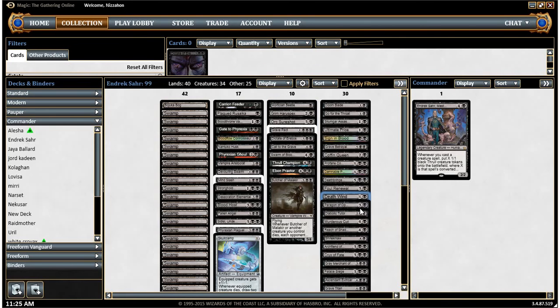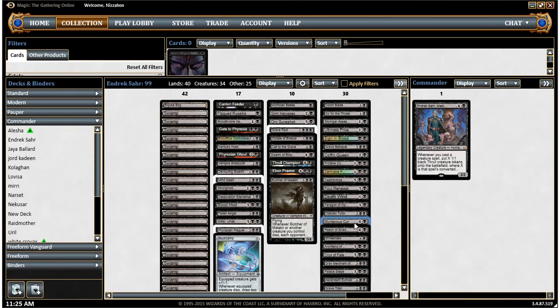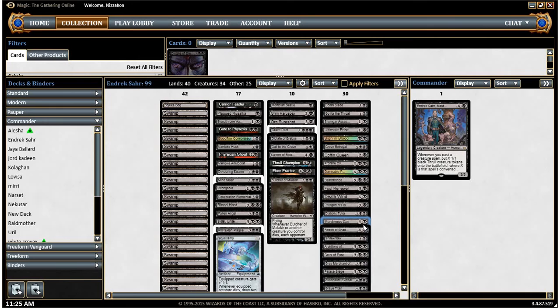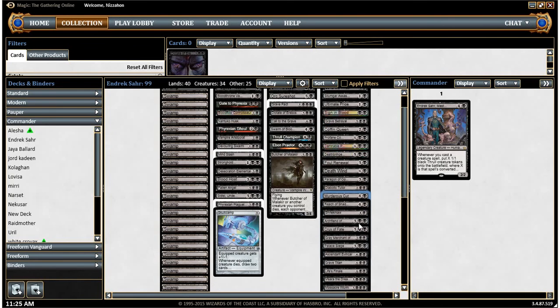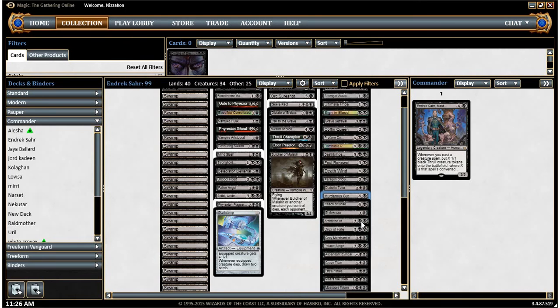Deathwind, another removal spell. Paragon of Open Graves to pump all my black creatures. Diabolic Tutor to search my library for any card I want. Murderous Cut for removal. Reach of Shadows for removal. Shriekmaw for removal, but it's also pretty synergistic with Endrek Sahr because for 2 mana I can get 5 Thrulls and blow up a creature, because even if I evoke it, my Shriekmaw's converted mana cost is still 5, so that's pretty sweet. Archfiend of Depravity, which just puts a lot of pressure on the opponent by making them sack